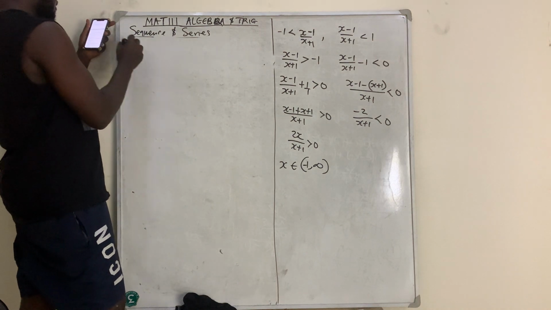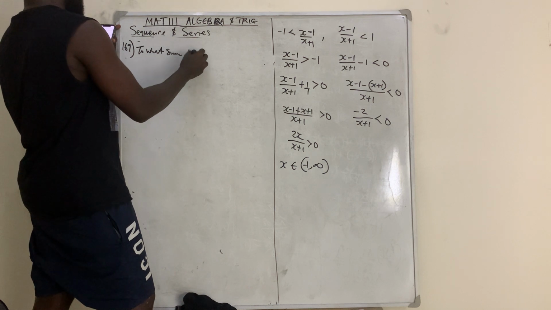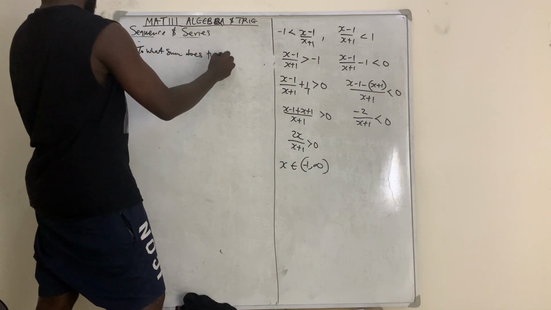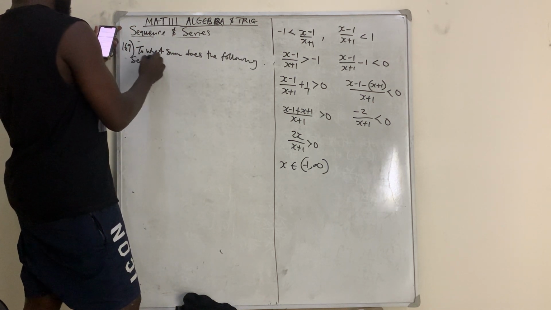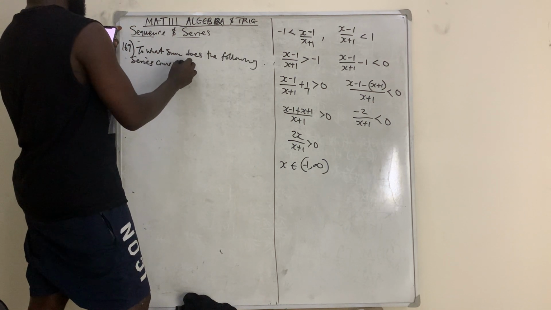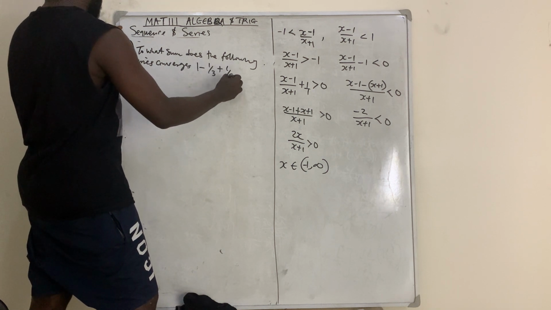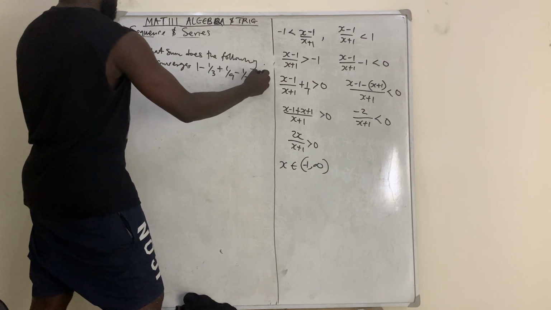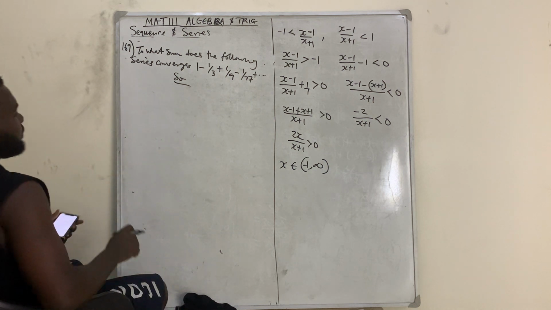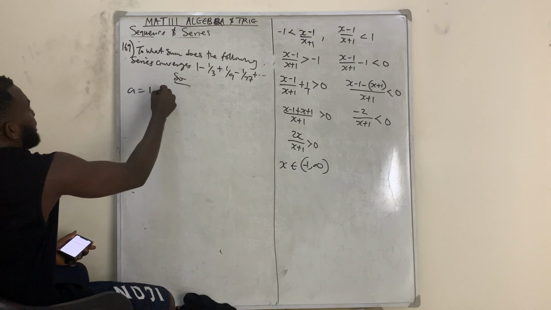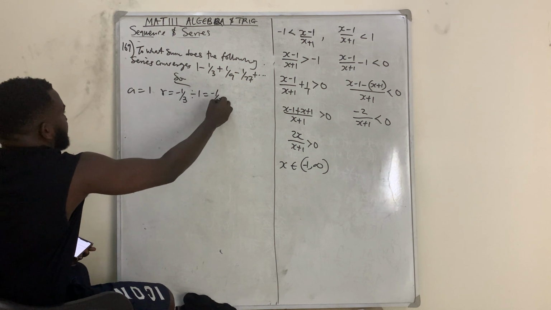So question number 169 said, to what sum does the following series converge? So I have 1 minus 1 over 3 plus 1 over 9 minus 1 over 27 plus dot dot dot. Solution: I told that it converges to the sum to infinity. So I have that my first term is 1. My common ratio is minus 1 over 3 divided by 1, which is minus 1 over 3,